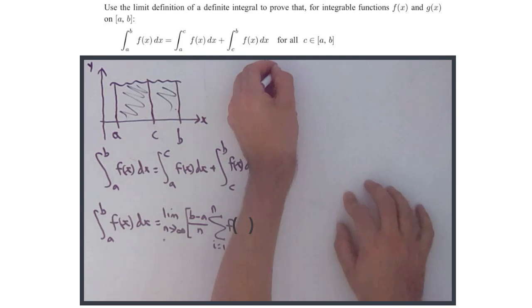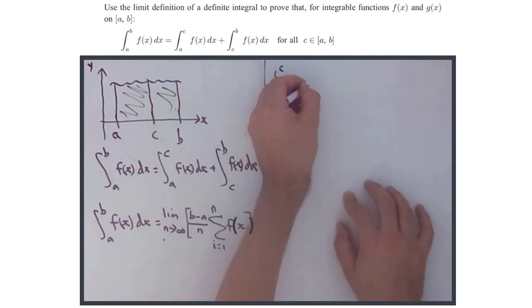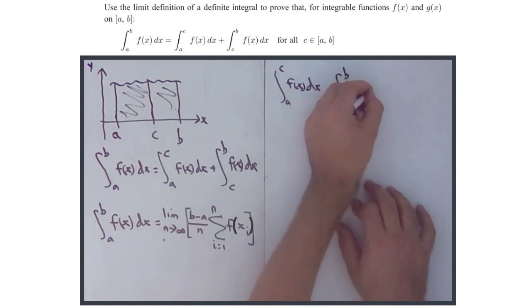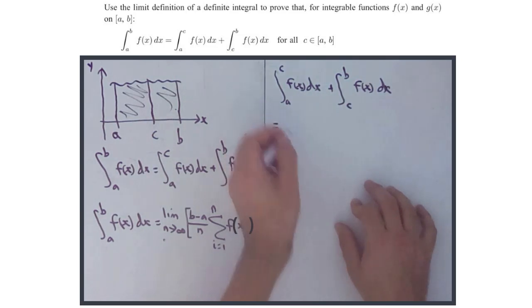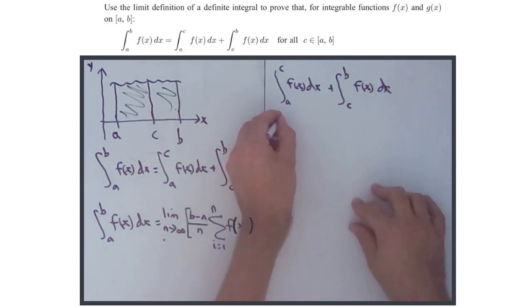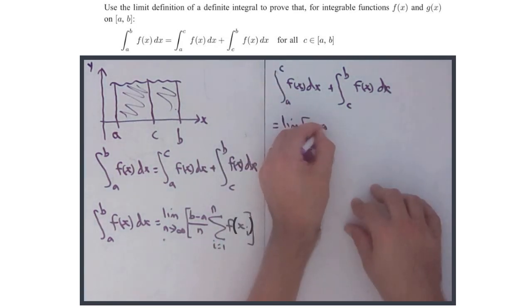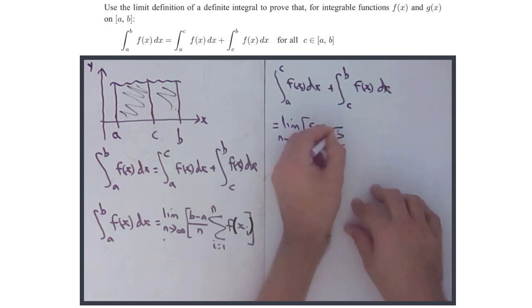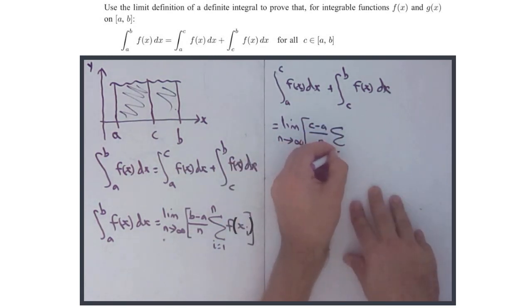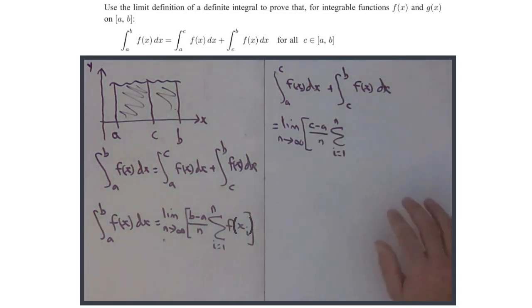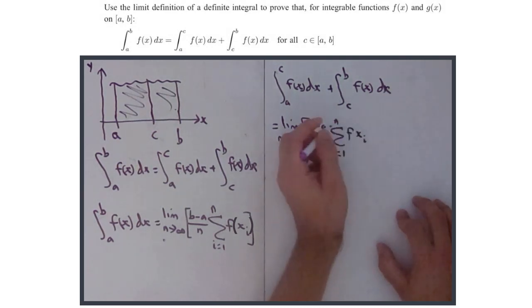So between a and c, the integral of f of x dx plus the integral between c and b of f of x dx, well, using the limit definition, that must equal the limit as n approaches infinity of, well, the first one, it's going to be c minus a over n, times the sum from i equals 1 to n of f of xi, the height of each rectangle,